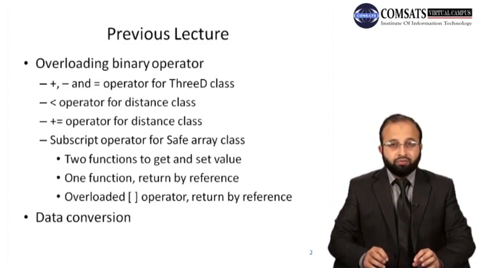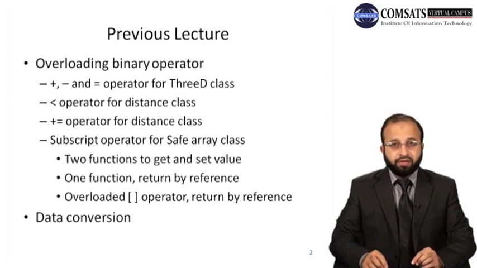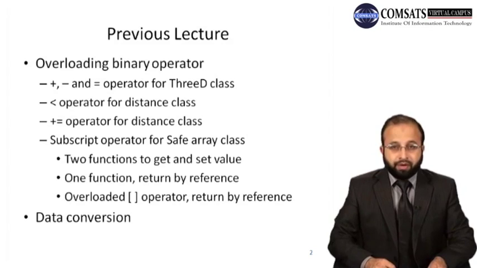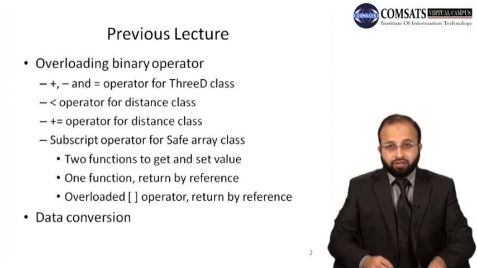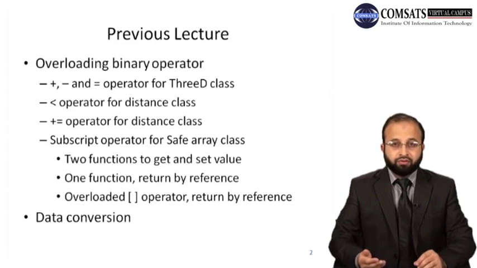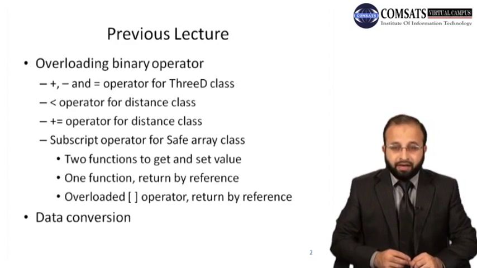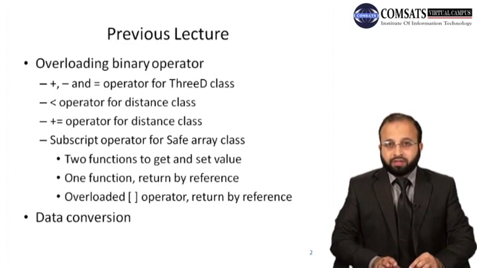For example, d1 and d2 are objects of the Distance class, and if you write the statement d1 is equal to d2, now the values of the private data members of d2, that is feet and inches, will be copied into the private data members of object d1, feet and inches of d1, right? So d2 object की private data member की value d1 में copy हो जाएंगी, and that will also be done by the C++ compiler। इसमें कोई इश्यू नहीं आएगा।